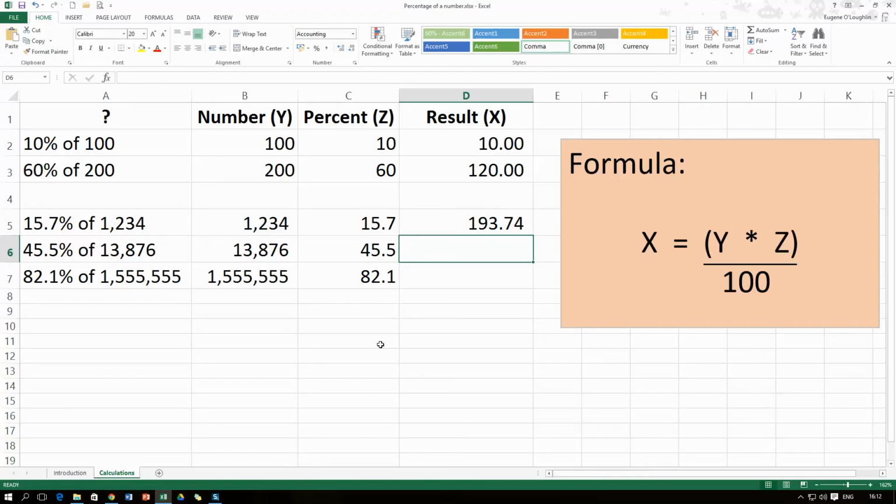What is 45.5% of 13,876? So that's going to be equal to, opening bracket, I'm just doing exactly the same again, my value y, which is my number, 13,876, multiplied by my value z, which is 45.5, closing bracket, divided by 100. And this formula here will tell me, the result will be, what is 45.5% of 13,876. In your head you'll know that 45.5 is almost a half, so you would be expecting an answer there round about 6,000 and something, and when I press enter we get a value of